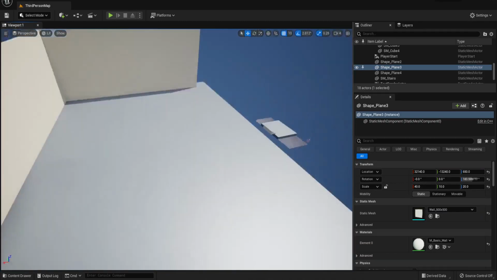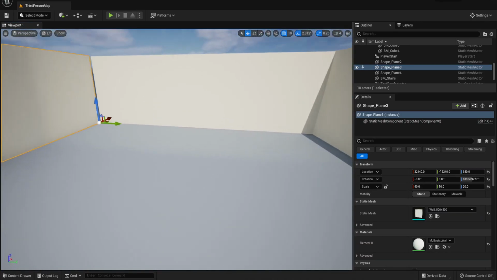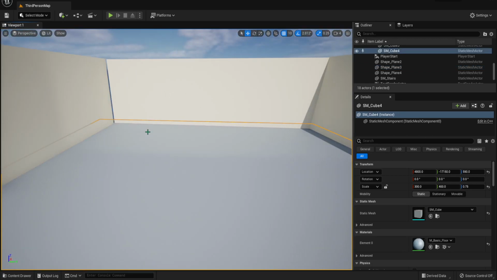I know they're just plain walls, but I have just random things in this little box area right in the building, and then I want to make different sections for different audio interactive things.